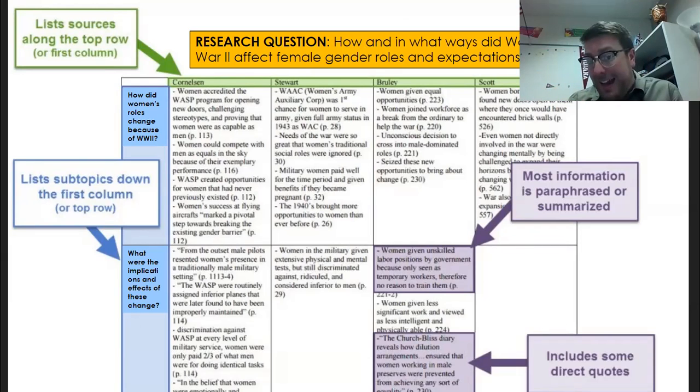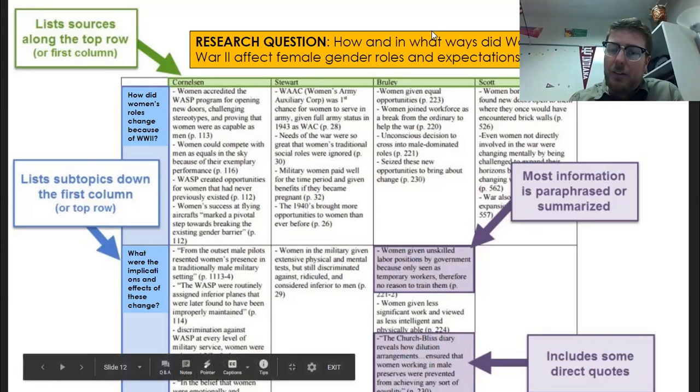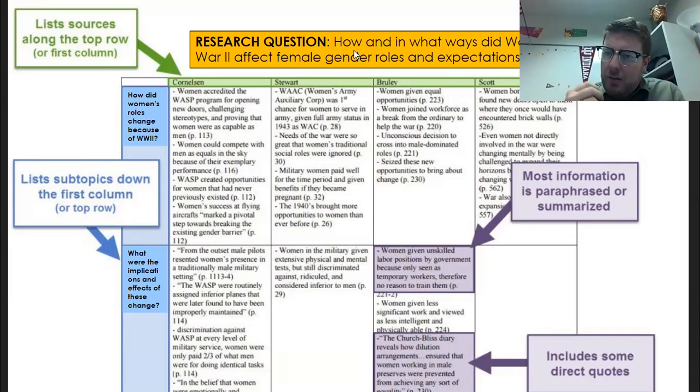Now, we did something like this with our first paper, thinking through what are some smaller questions that I could answer along the way as I answer this larger question. So looking at your Mean Girls question, what are some sub-questions, some smaller questions that you could maybe tackle within your paper? These questions might be the who's, the what's, the when, the where's, the why's, and the how's. So consider those beginnings, right?